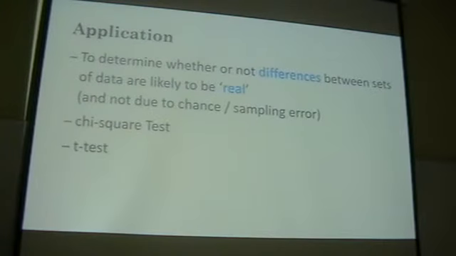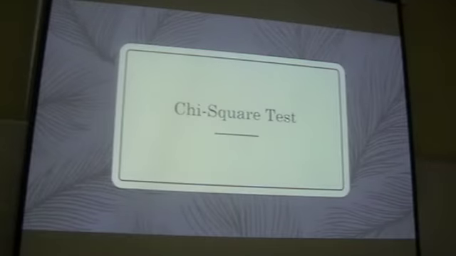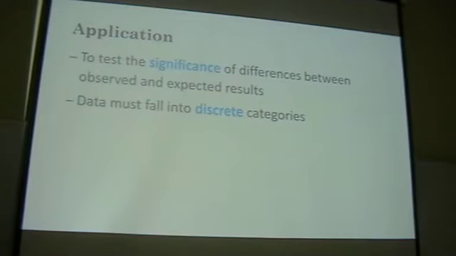One thing I want to emphasize is that when you do biostats, there will definitely be differences. You don't expect a case where there are no differences. Definitely there will be differences, but your purpose is to determine whether the difference is significant or not. There are two tests in your syllabus, chi-square and t-test. The chi-square test is for testing the significance of difference. That means if I look at two sets of data, they are different, but my question here is whether the difference is significant or not.